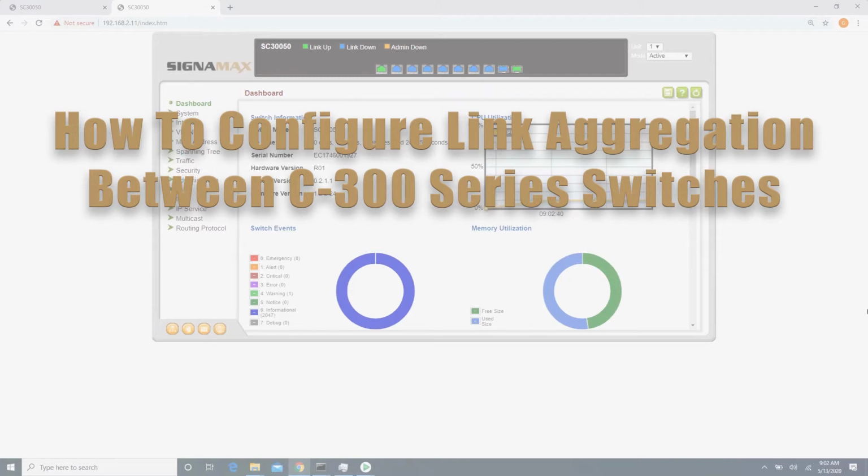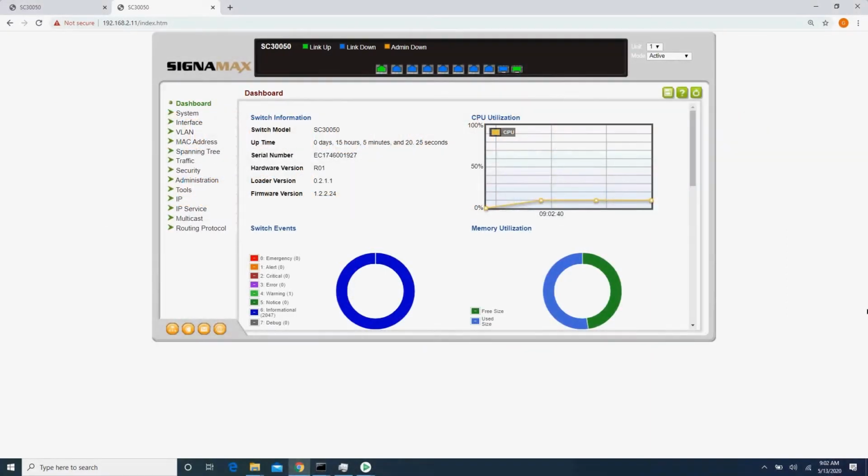So first of all, why use link aggregation? What does it mean? Let's say that I have two switches that are interconnected and I want to connect between them with more than one physical link, either for redundancy or for capacity. So let's say I can connect them using two links, and I can allow spanning tree or loopback detection to deal with